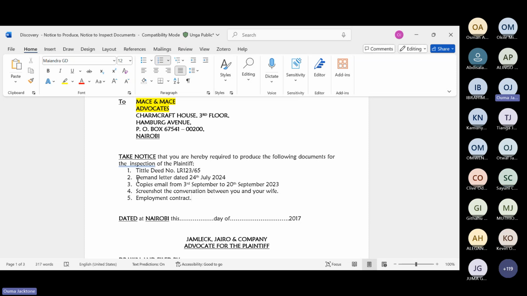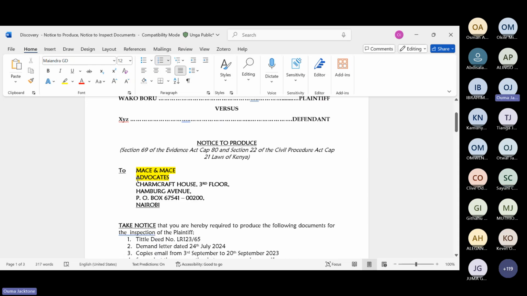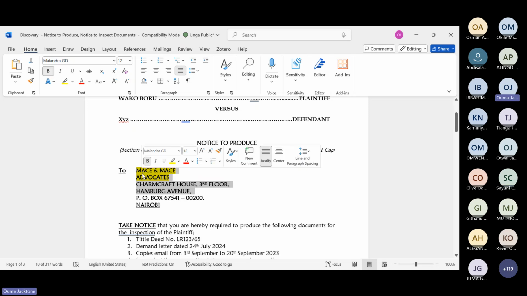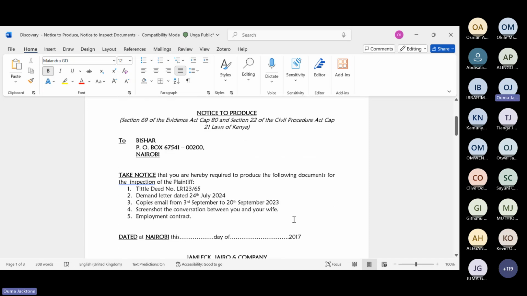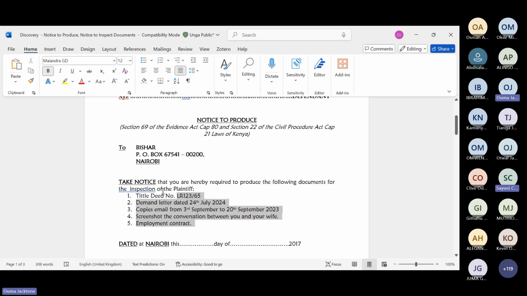So that is what you're calling the notice to produce. Okay, so let me just even remove this one. So I'll just write there Bishar, for instance. I'm just doing that so that you see that it is not rocket science. Anything can be there.